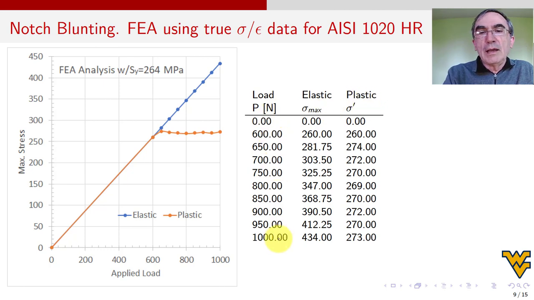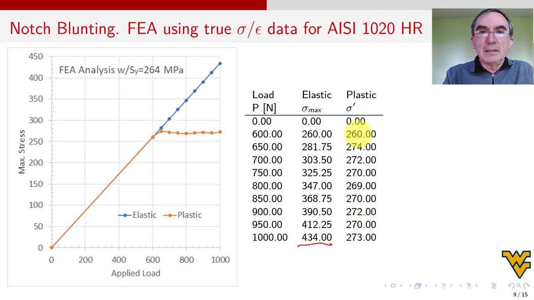When I go from 0 to 1,000, the stress maximum can go to 434. I don't know if you remember this 434. This 434, it is on the previous video, yes? And so the stress will go to 434, but that is if you keep it elastic. But if you say, no, the material has a yield value, a yield strength, then what's going to happen? When you increase, yeah, it's going to increase, but then immediately at 650, 260, 274, 272, 270, 269, 270, 273. So these are all these oscillations that are going on there, all right?